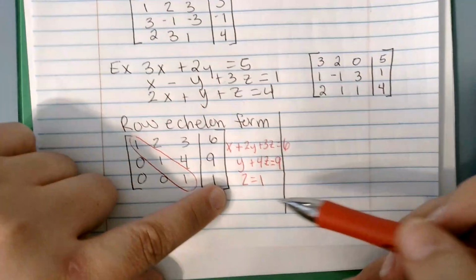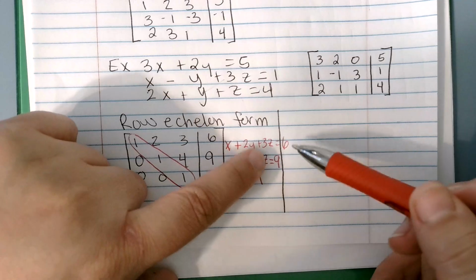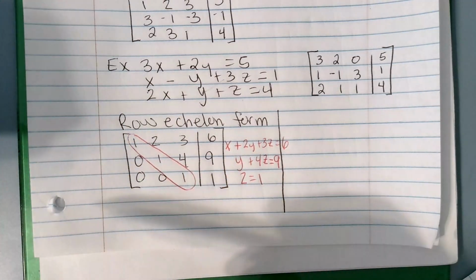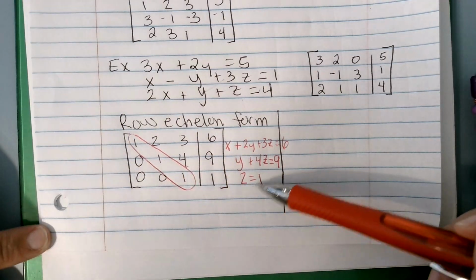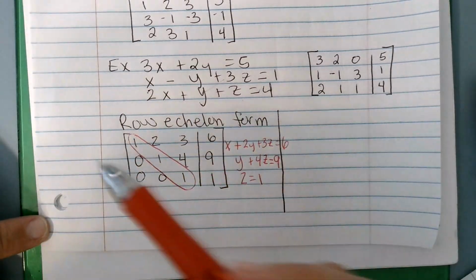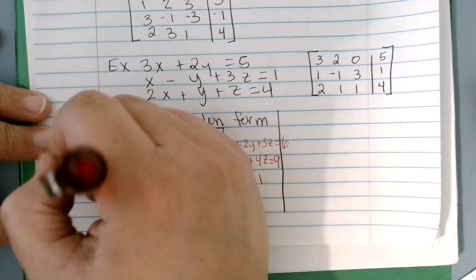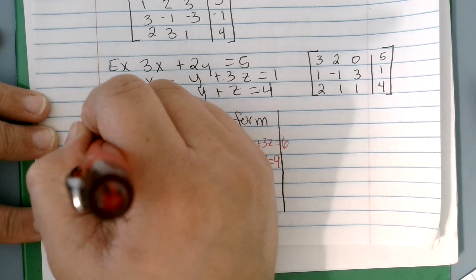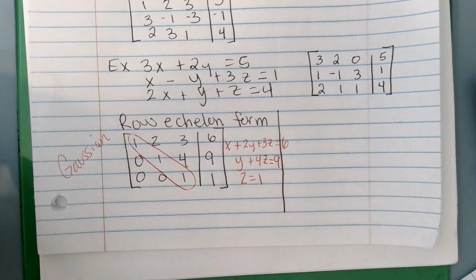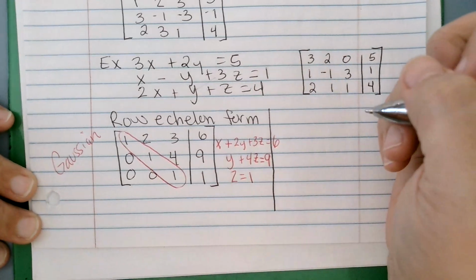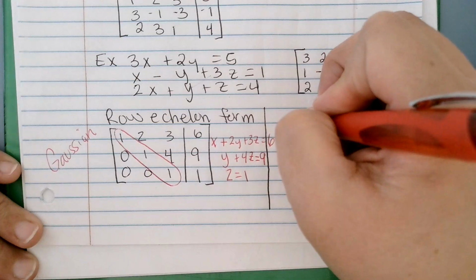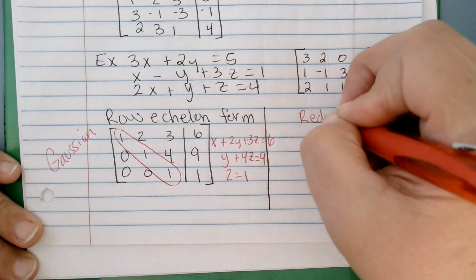There we go. So I could backward substitute just like we were doing with elimination before and substitution before, and I could get an answer for x, y, and z as long as it's in row echelon form. Again, that's Gaussian elimination. This other fellow came along, Jordan, and he built up on Gauss's theorem, and he said, what if we do reduced row echelon form,